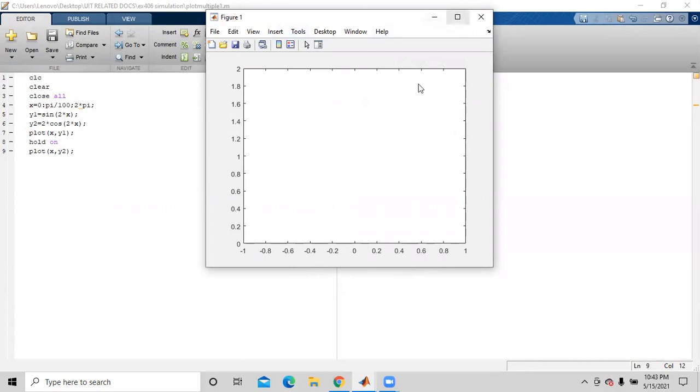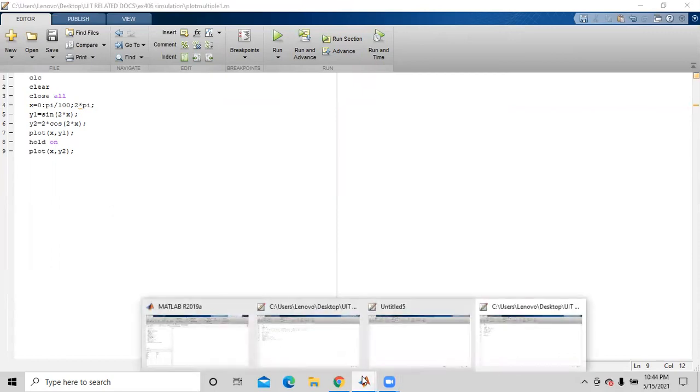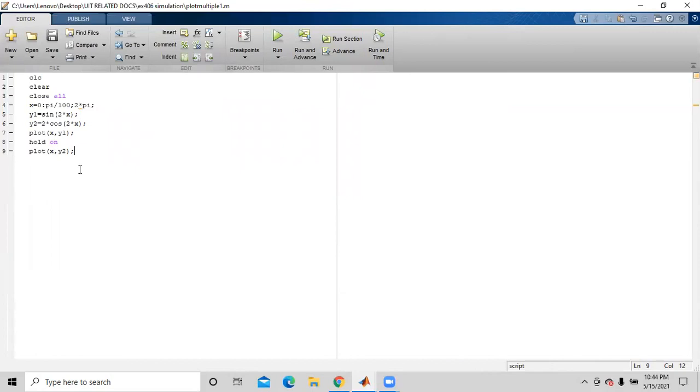This is not showing me anything. There must be some problem that has occurred. Let's just see. This was the problem. Now save it again and run.